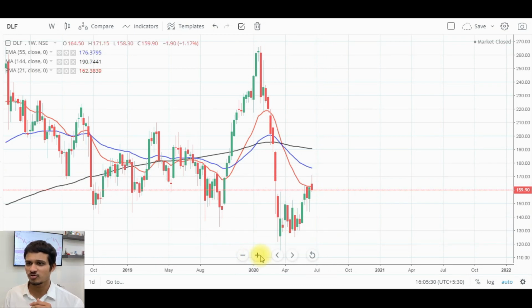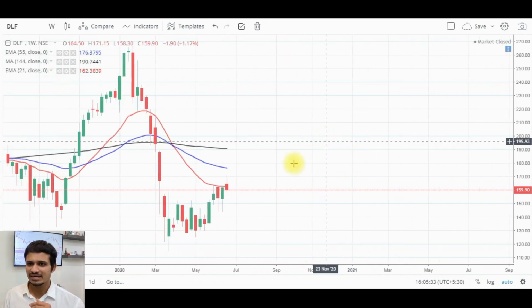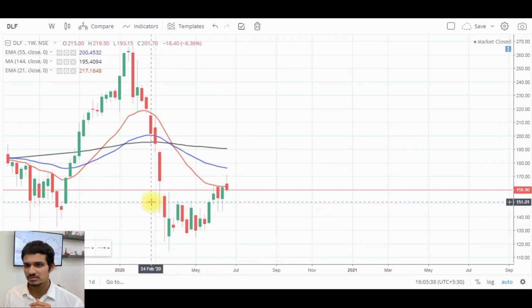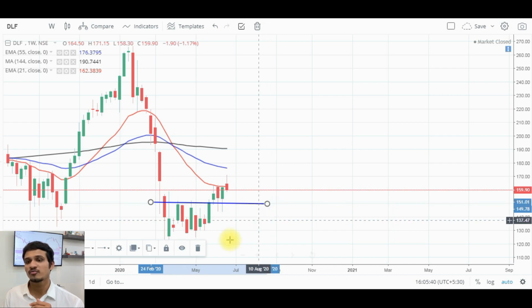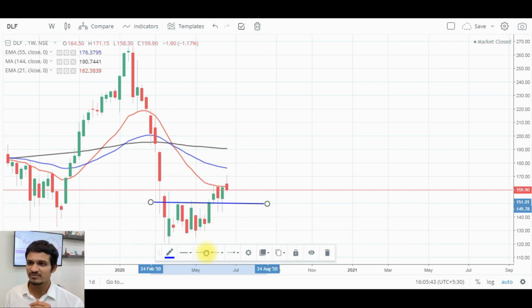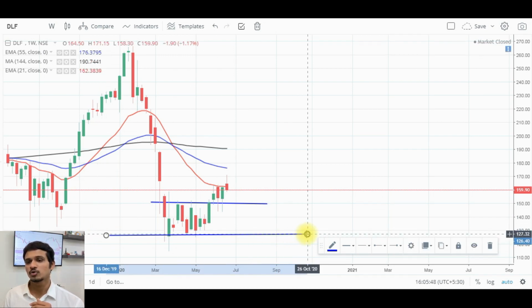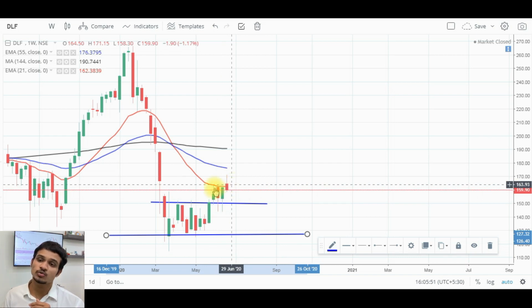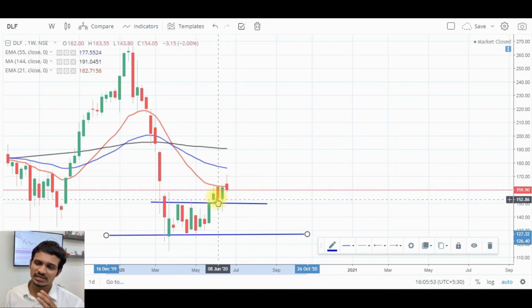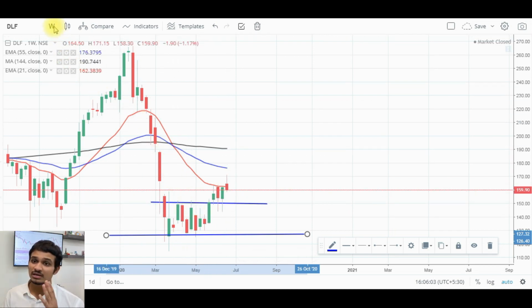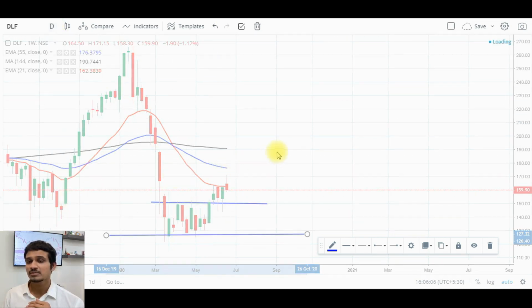Moving on to the weekly time frame, we see that a similar sort of formation is there as we saw in the case of IOCL, where we don't see exactly an apex formation over here, but we can relate it and mark this trend line over here as the apex of a probable double bottom which is formed over here, and this support line will mark the support over here. The price has advanced over this apex line and recently is facing some kind of resistance, and the shadows in the downward direction indicate that the price is rejecting lower prices over here. So let's move on to the daily time frame and analyze it further.